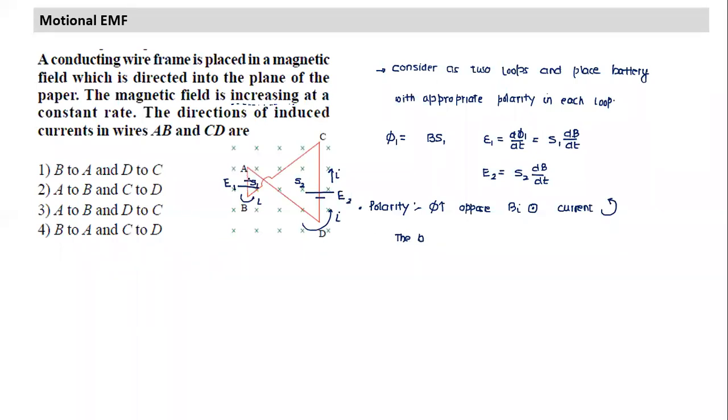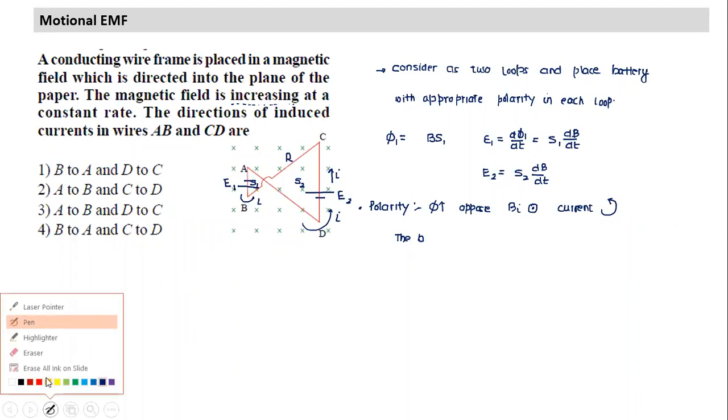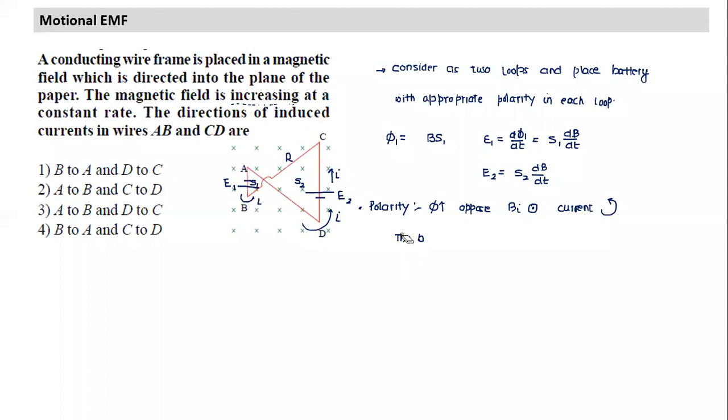Let's say the total resistance is R. If I apply Kirchhoff's loop rule here, which direction will the current flow? Of course, the current will flow in the sense of the larger battery. So the direction of current will be dictated by the battery of higher EMF. That makes sense, so we can just write that part.